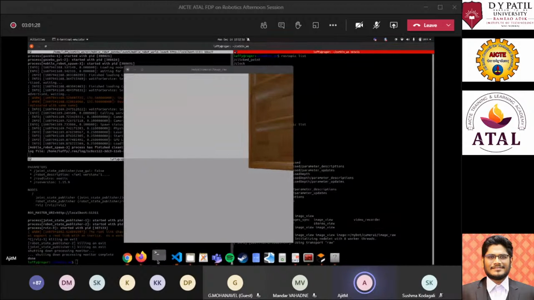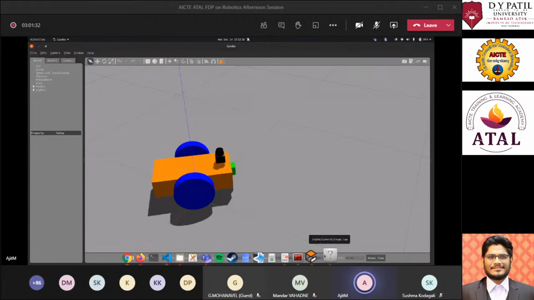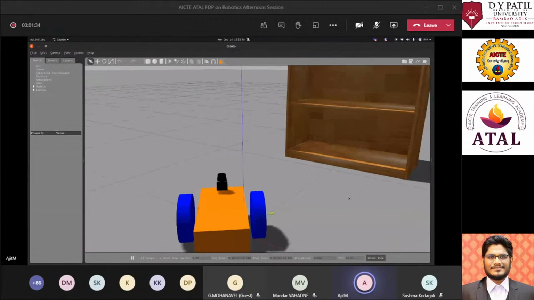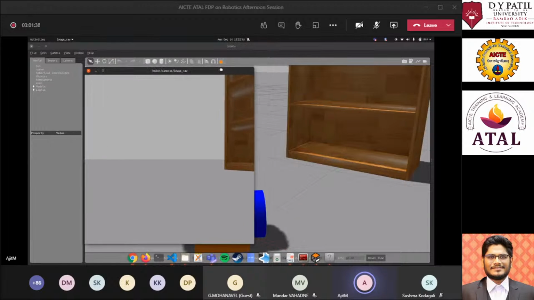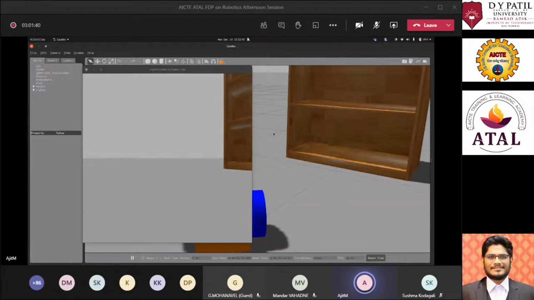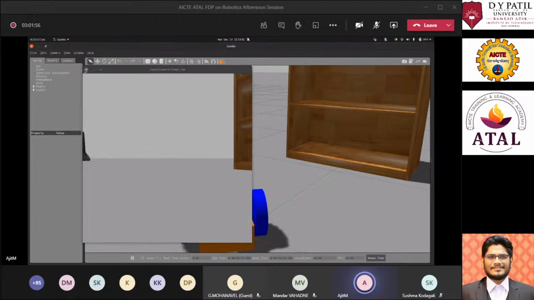If we go back into the simulation and look where the robot is facing right now, and look into the camera feed, you can see this specific table, or cupboard. There is a small mistake, I guess, in my code, because of which it is continuously rotating. But this is how you develop a basic robot model while integrating the sensors.